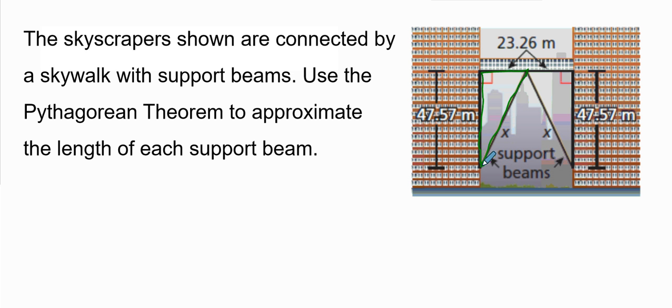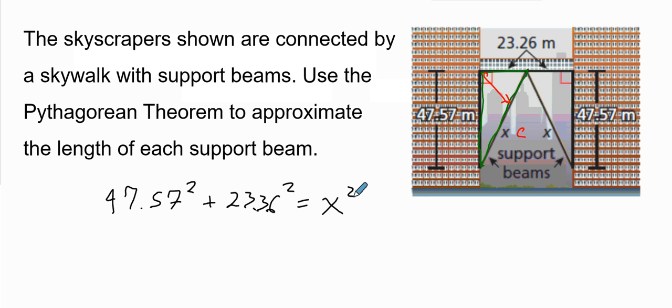Notice that x is opposite my right angle, so this is my c value of my Pythagorean theorem. So I need to make sure the other two sides are squared and summed to equal my x squared. So I get 47.57, which is a leg squared, plus 23.36 squared equals x squared. So if I square these out, I get